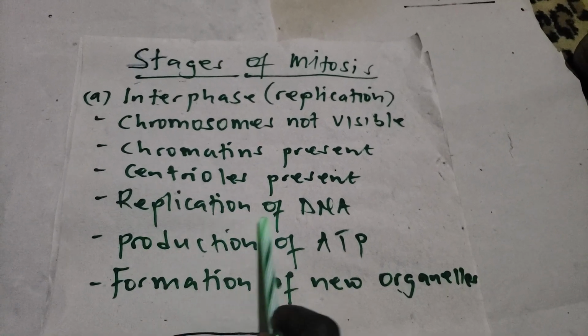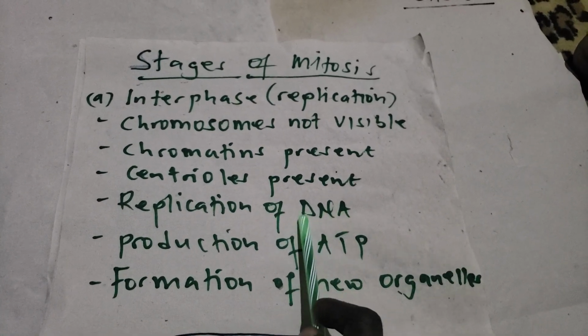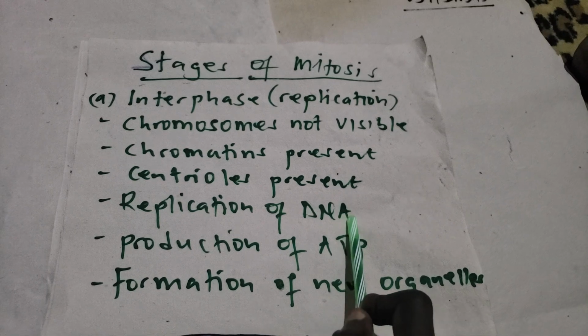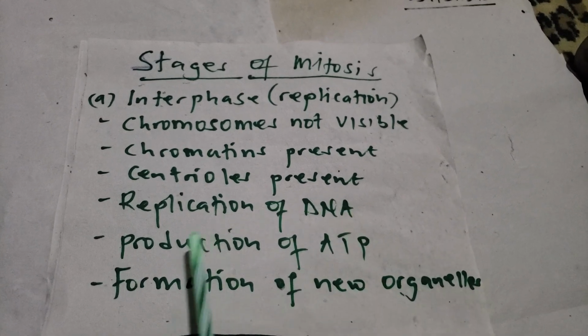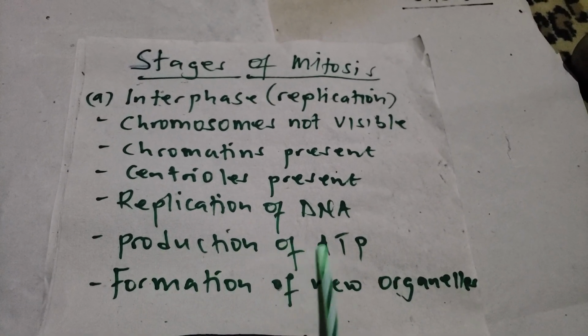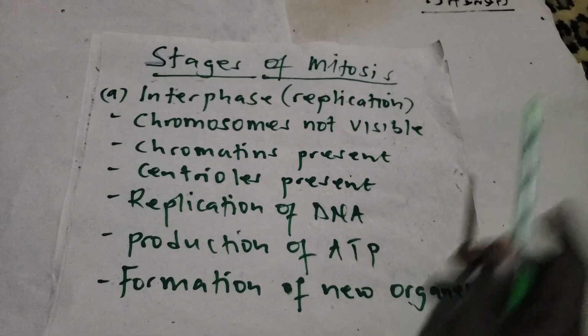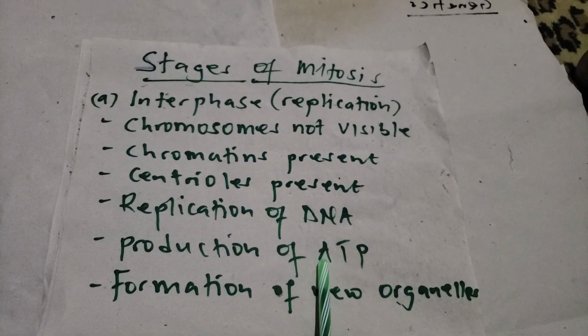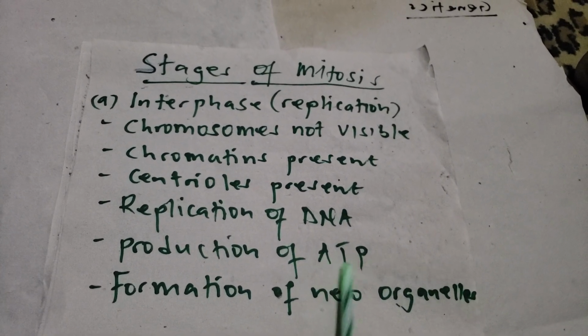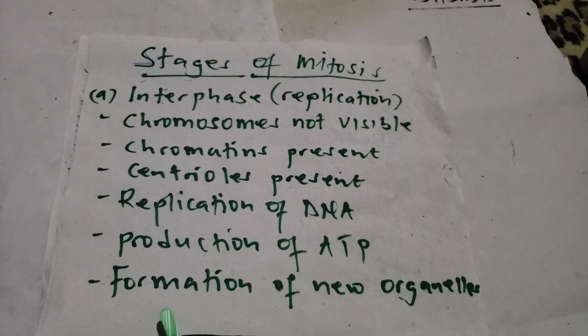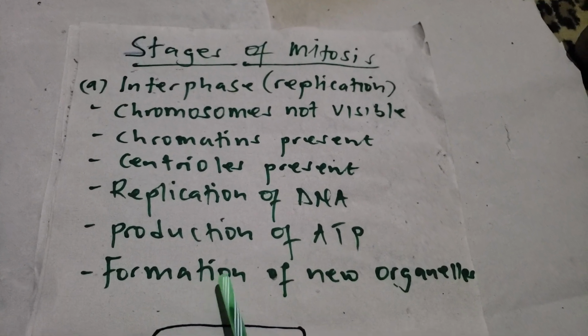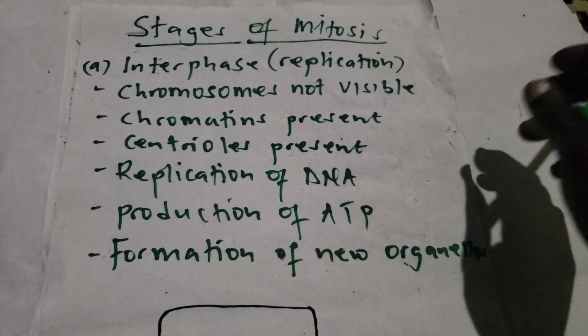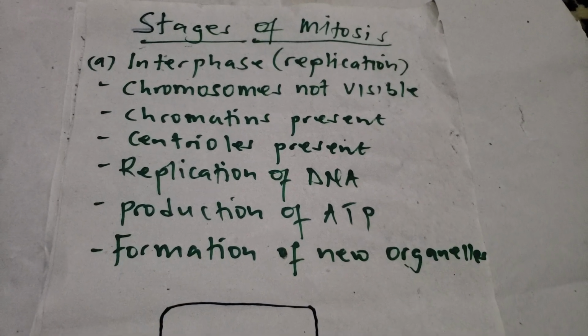We have replication of DNA, that is deoxyribonucleic acid, also occurs in interphase. We have production of ATP. Now ATP, the A stands for adenosine triphosphate. Then we have formation of new organelles. All those ones occur in